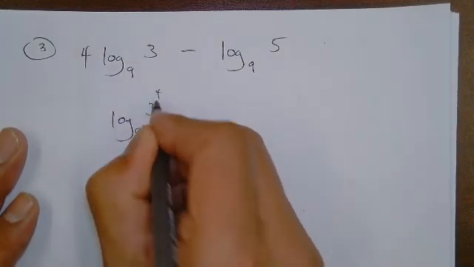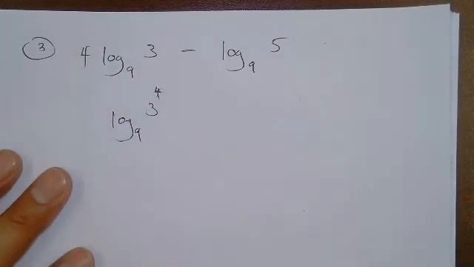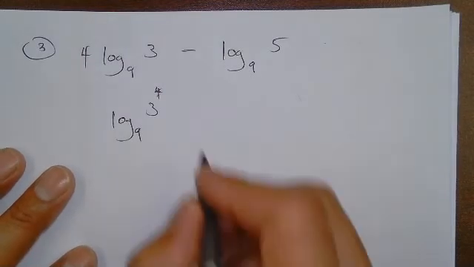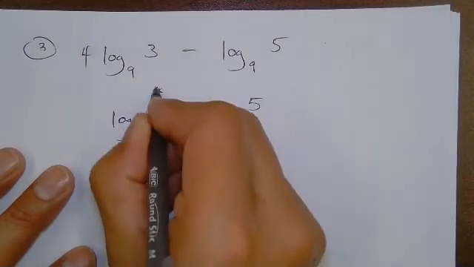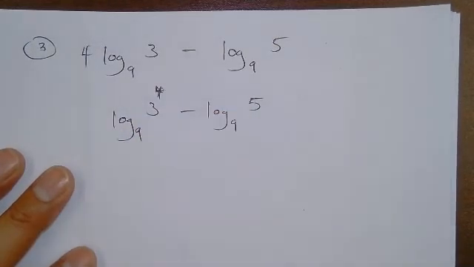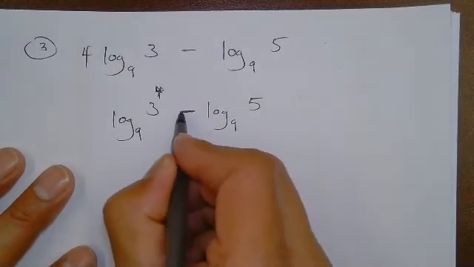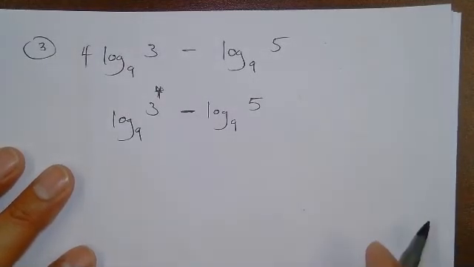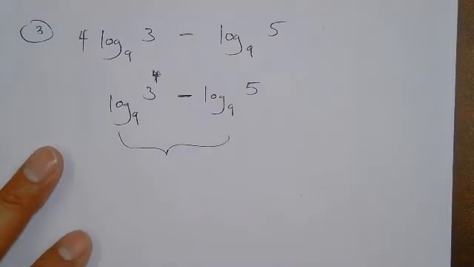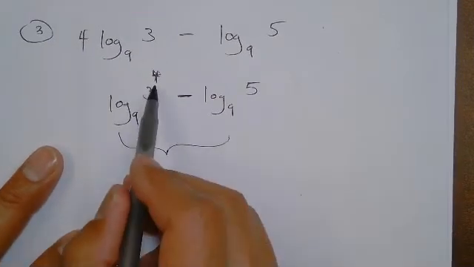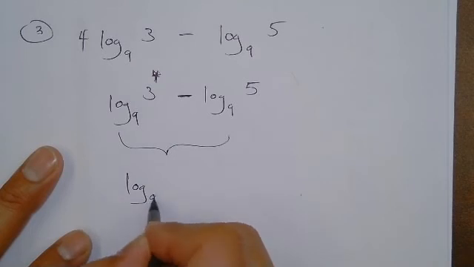What's going to happen here? Well, this number is going to go up, right? So it's going to be log 9 of 3 to the 4 minus what? Log 9 of 5. And then remember, a subtraction is really a what? A division, right? A division. So now bringing it together as a single logarithm,